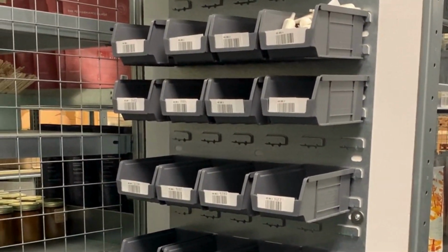And that is how you can make the most of the beams and the structural limitations of your warehouse when it comes to